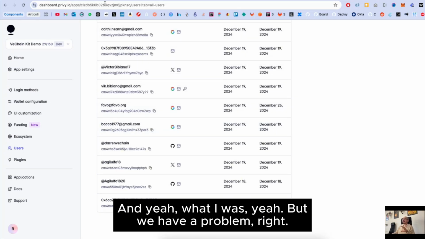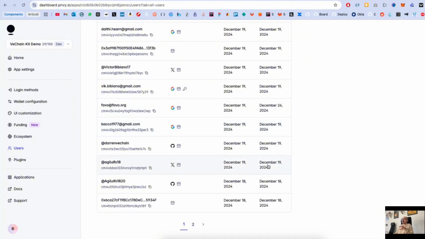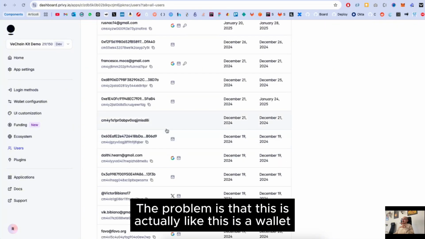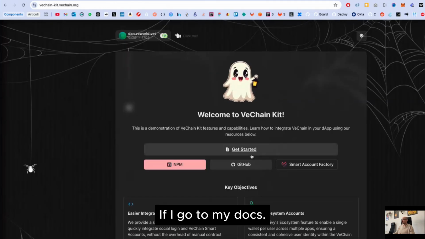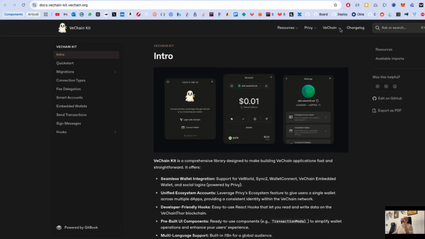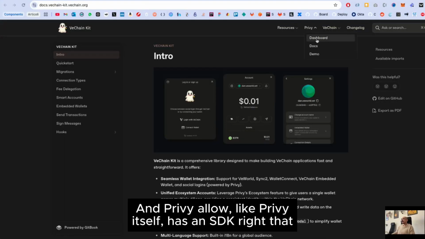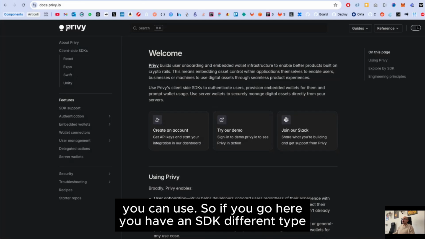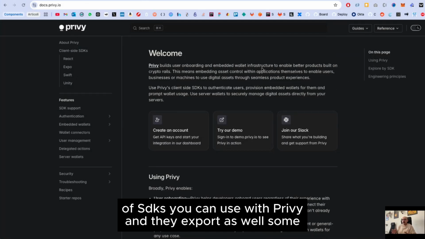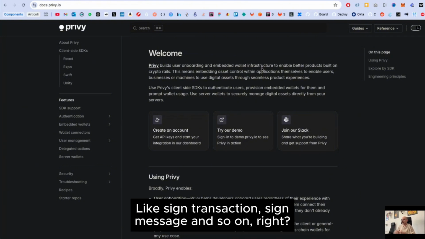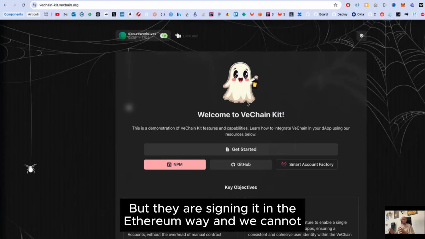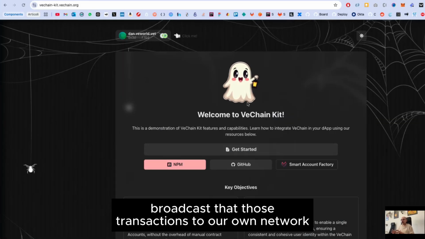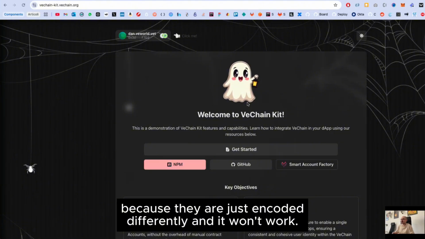Yeah, but we have a problem, right? The problem is that this is a wallet, and Privy, if I go to my docs, Privy itself has an SDK that you can use. So if you go here, you have different types of SDKs you can use with Privy, and they export some methods like sign transaction, sign message, and so on, right? But they are signing it in the Ethereum way, and we cannot broadcast those transactions to our own network because they are just encoded differently and it won't work,